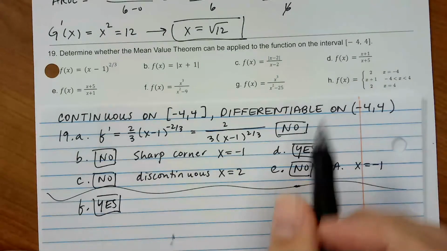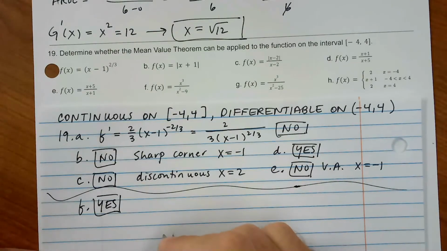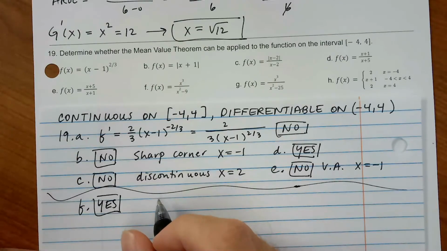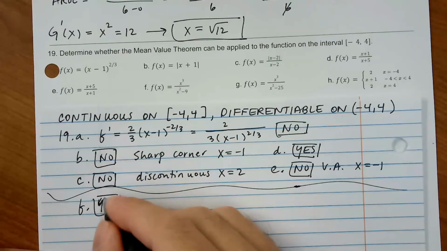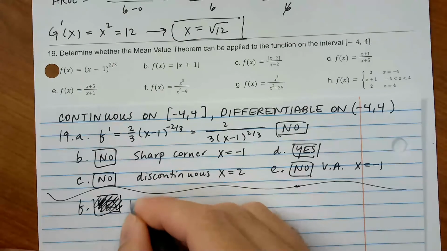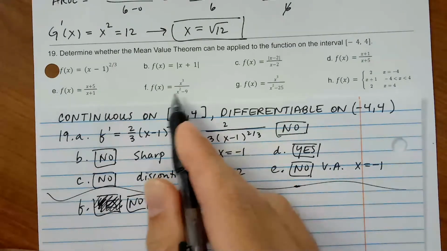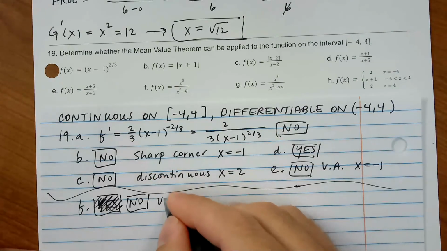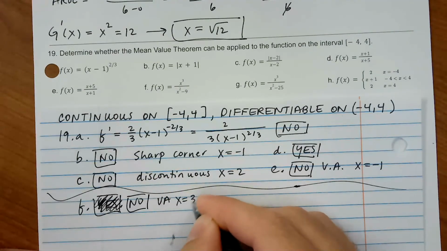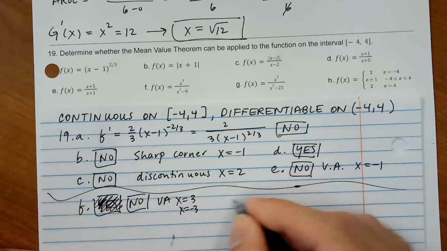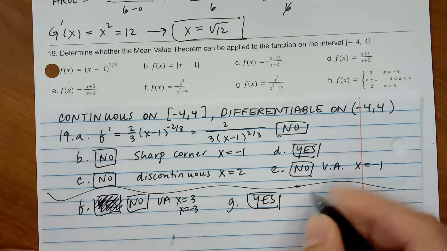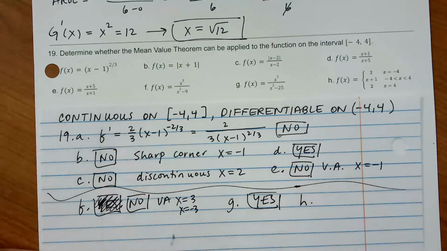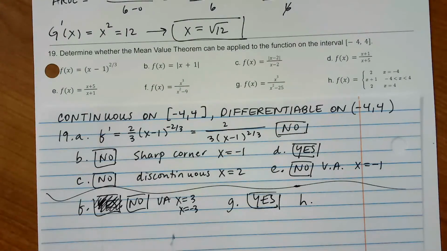And then H. This is one. Wait, I've done something wrong. Oh, I just totally skipped over this one. X squared minus 9. That one's a no because of the vertical asymptotes at 3 and -3. Okay, G was the one that was yes. I got ahead of myself. And then H, we're going to need to draw a picture of H,